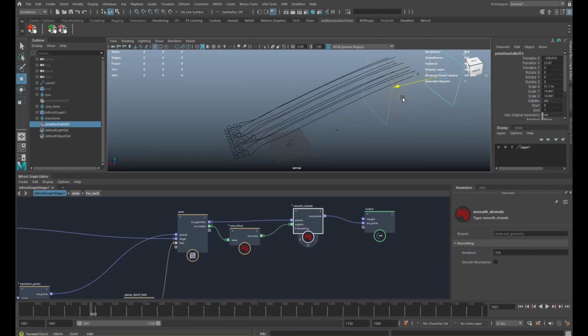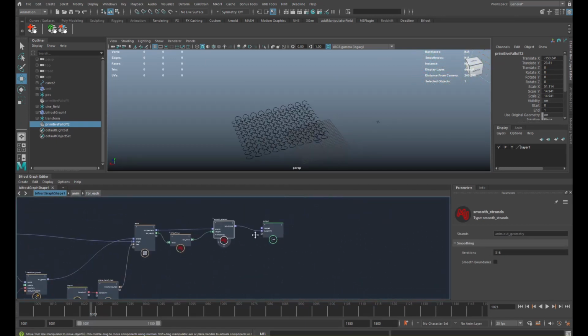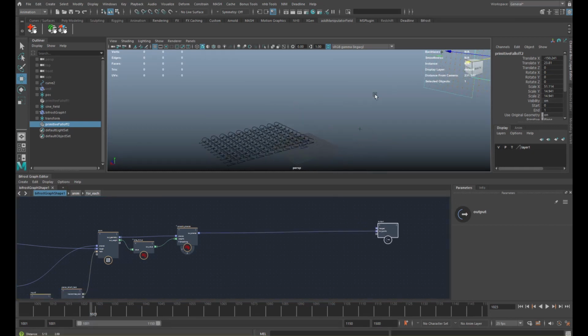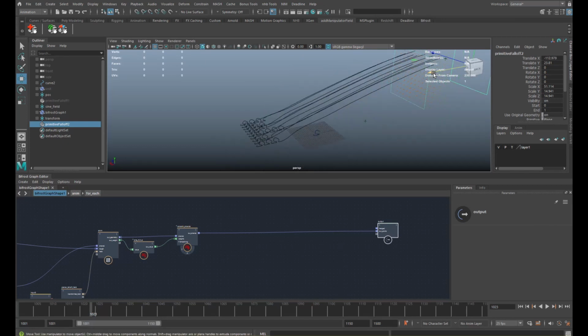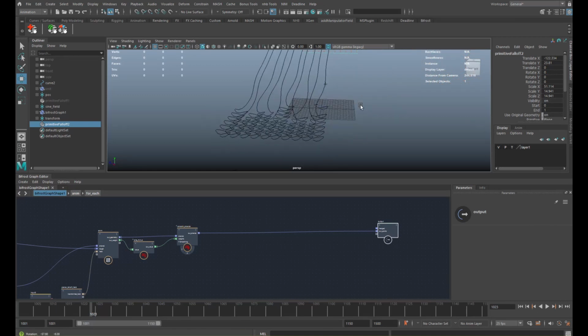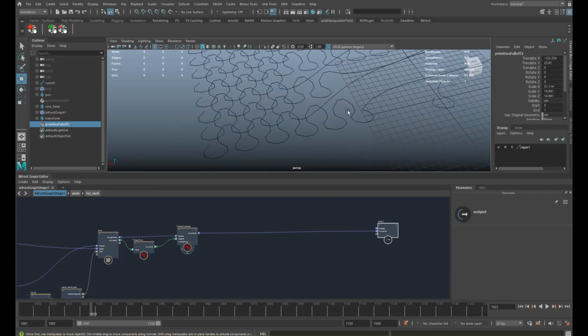Nice, cool. Yeah, that's it. Now we have everything in place to make this effect work. And now comes the fun part. We can play with all these parameters and change it up and add some secondary strands around these. And oh yeah, they're still